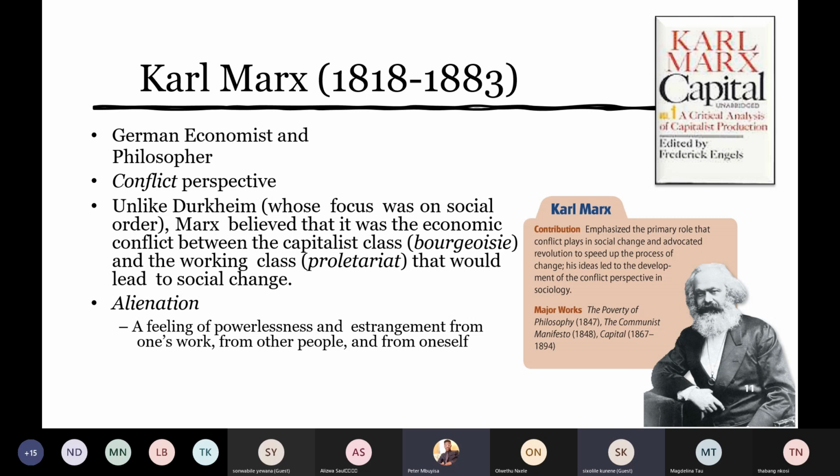And he looked at how resolving the debate between the bourgeoisie and the proletariat would lead to social change, advancements in society, and a state of equilibrium, while Durkheim was saying that we need to understand how people are structured in institutions, and after understanding how they're structured in institutions, we need to resolve the problems in institutions so that we maintain a state of equilibrium with social order in